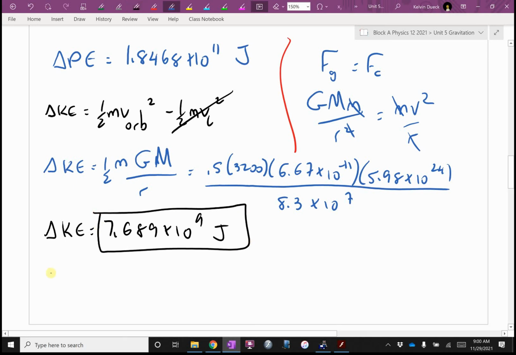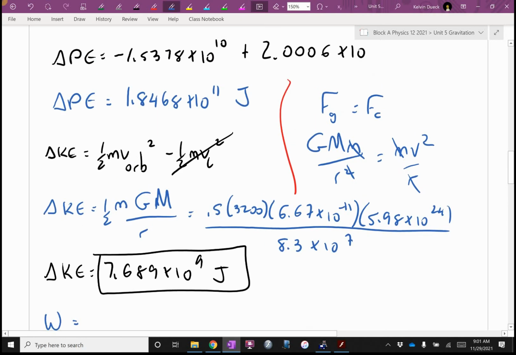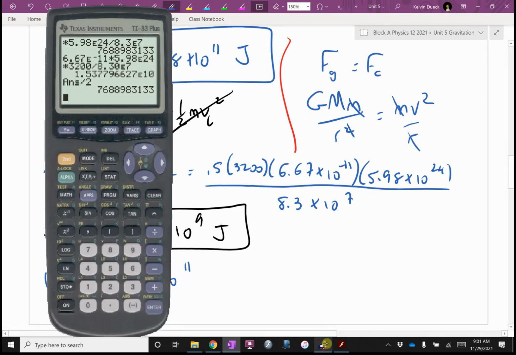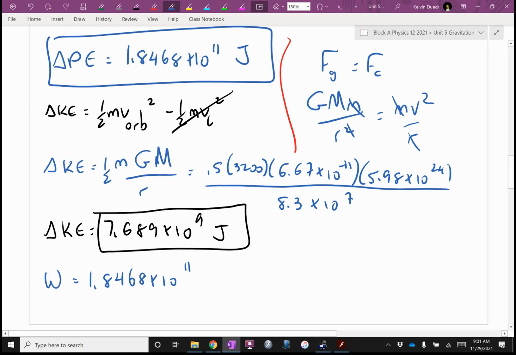And so, final answer, the work is going to be... I forgot to put a box around this one, I had to go hunting for it. 1.8468 times 10 to the 11th. Is it 10 to the 9th? Let me double check. 1, 2, 3, 4, 5, 6, 7, it is. Okay. Plus